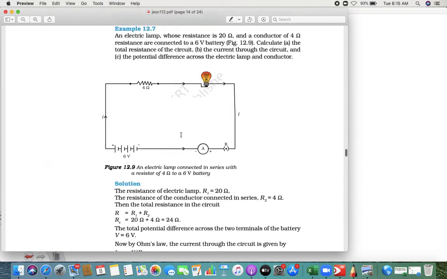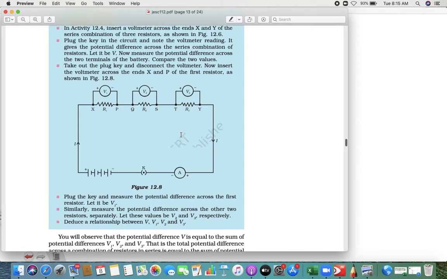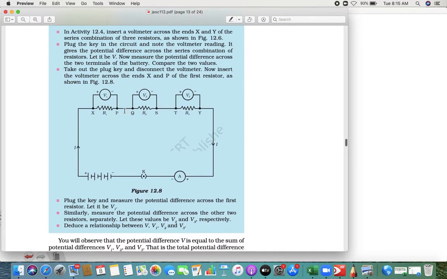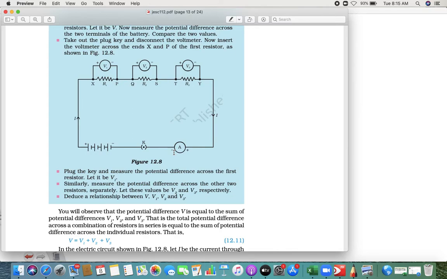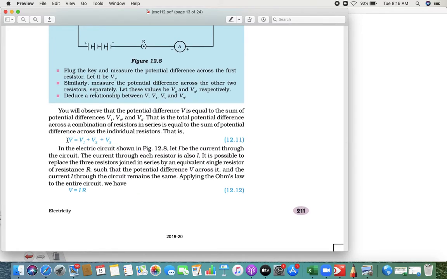Series connection is what I told you. When you connect three resistors one after another in a line, where one end is connected to another, the connection turns out to be like this. So in series connection, as you remember, the current remains constant. The potential difference drops at each resistor. Can you see here, when you put a voltmeter at each one, you get V1, V2 and V3. But when you add up, the total V is equal to V1 plus V2 plus V3.